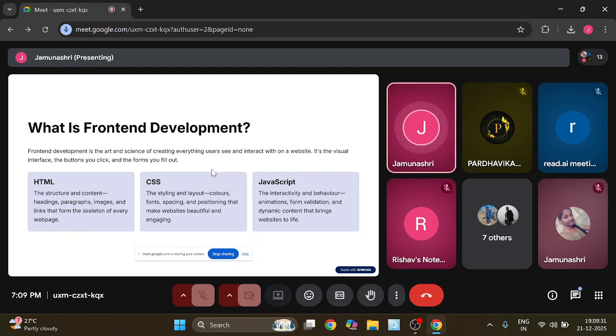In website development, front end development is the main picture of the development part, because you are directly interacting with the